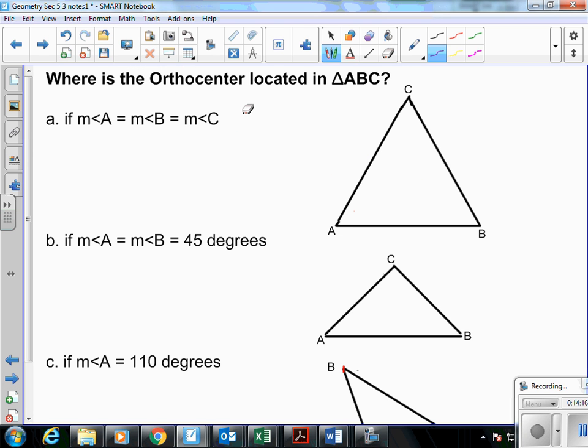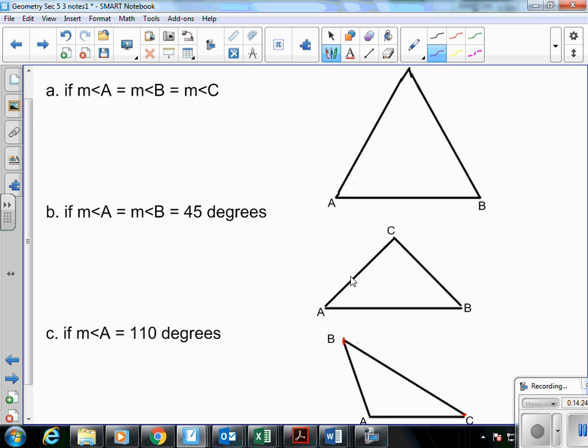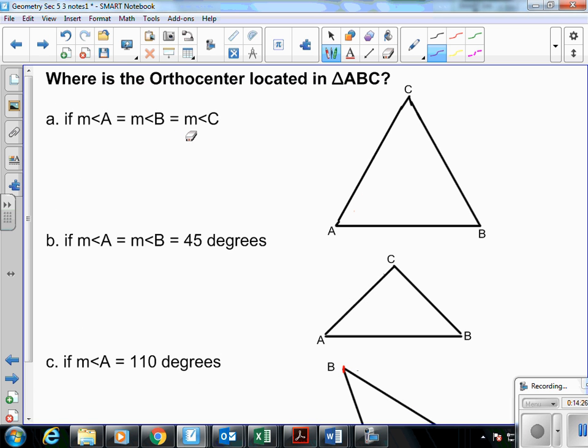So here we want to predict where the orthocenter is going to be located in the triangle. So we got three different triangles ABC. And so in this case, if the measure of angle A equals the measure of angle B equals the measure of angle C, we get an equiangular, equilateral triangle. And so in this case,